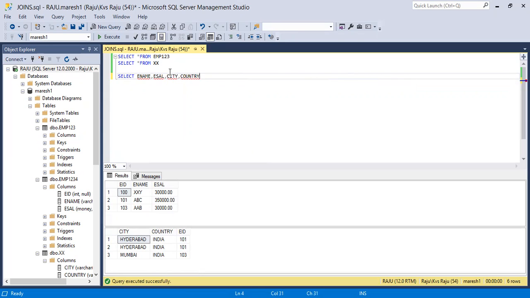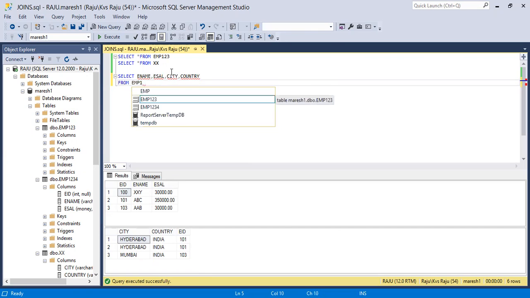So from both the tables, I am going to display two columns. Now in FROM, I am going to write table 1, which is EMP123.